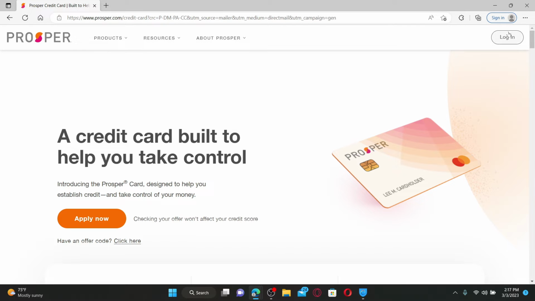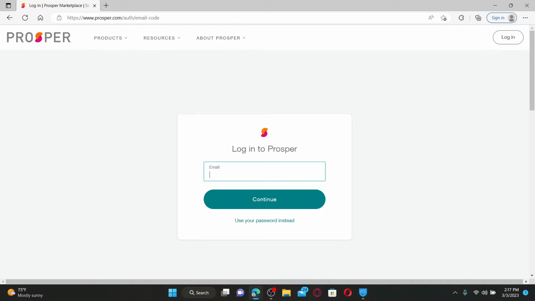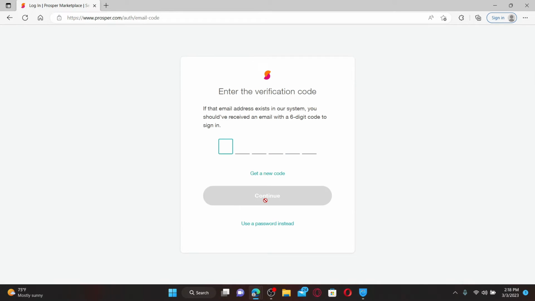Click on the login button at the top right hand corner from the main home page and log into your Prosper account by typing in your email address associated with the account. After you are done, click on the continue button. Enter the verification code that has been sent to you via your email, which is 6 digits long, and click